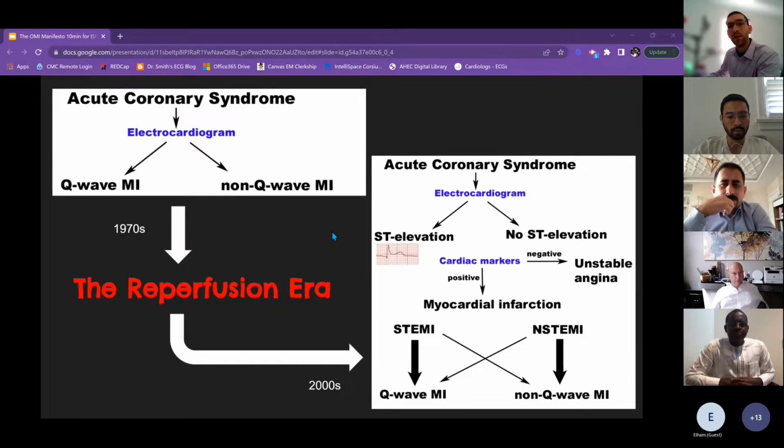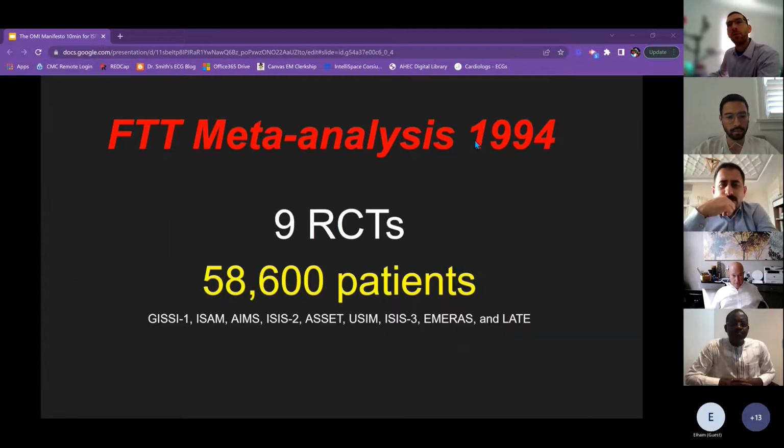The last time we updated this paradigm was in the year 2000, when we went from Q-wave to STEMI, after what we learned in the reperfusion era, when we used thrombolytics and large-scale RCTs. That era culminated with the 1994 FTT meta-analysis, with almost 60,000 patients in